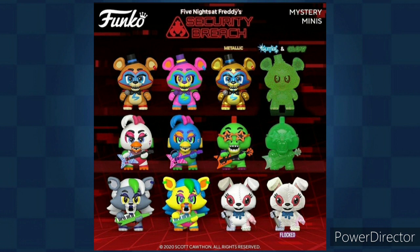And there's 4 Glamrock Freddys out of 12 here, so that's really unfortunate. You got normal Glamrock Freddy, blacklight Glamrock Freddy, metallic Glamrock Freddy, and glitter and glow Glamrock Freddy. While I do like the variations, this is not good. They are just recreating all the characters, while they could have added different characters to each and every one. Instead of having a blacklight metallic Glamrock Freddy, they could have had Glitch Trap and Withered Bonnie and Grim Foxy or something,